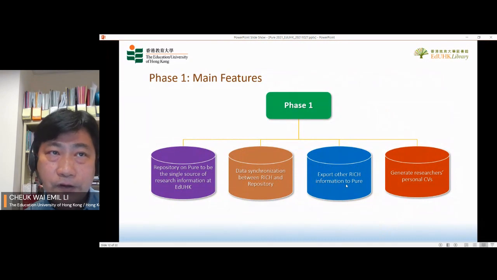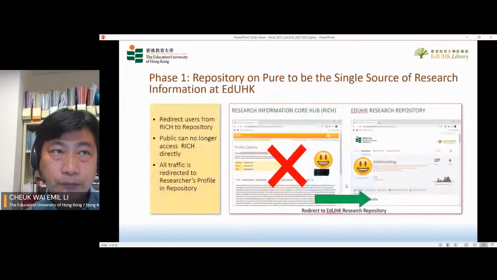There are four features in phase 1. First, Pure will be the single source of research information at EdUHK. Second is to do data synchronization between REACH and repository. Third is to export other REACH information to Pure. And finally is to generate researchers' personal CV. And I will explain these 4 features one by one. First,